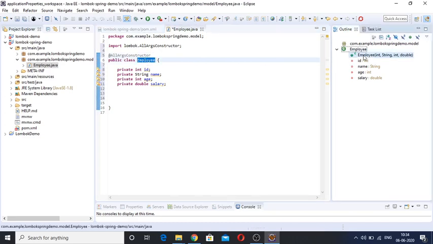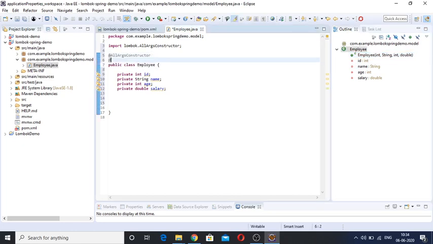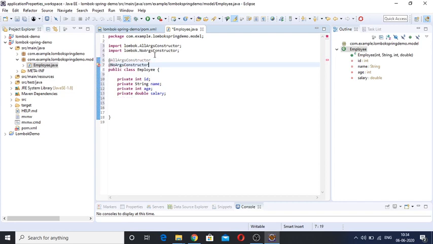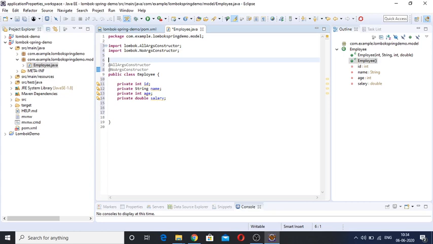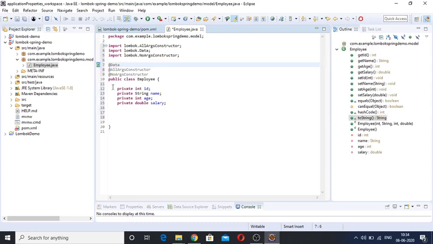You can see in the outline section that we have Employee and it is accepting four different parameters. In the same way I can provide a no-argument constructor, and it will provide one no-argument constructor. In the same way I'll provide @Data for the generation of getter and setter methods. So I have provided it.